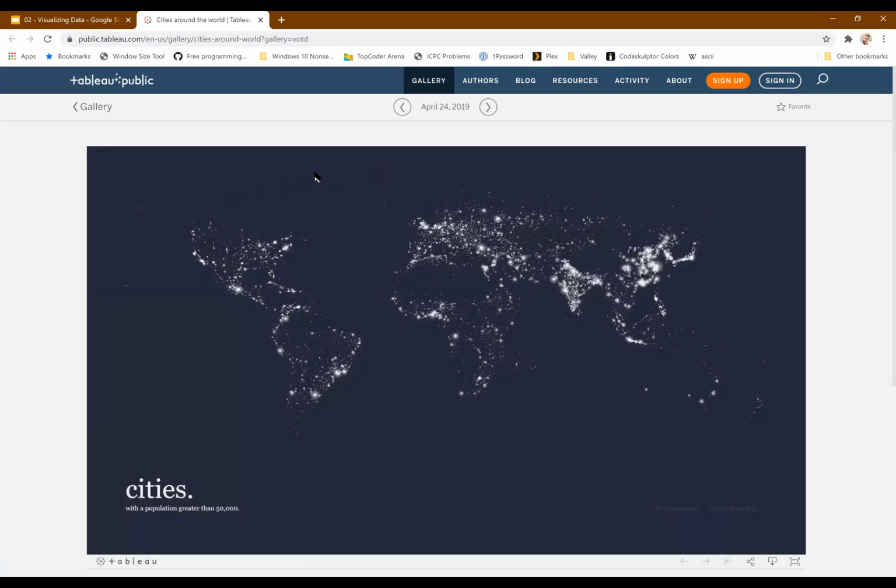This one is a map of the world. So we can hover over any of these points, and we can see the name of the city and how many people live in that city. So we can see a larger point is going to reference a larger number of inhabitants. So this very bright point,